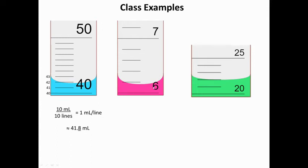For this next example, we have from 6 to 7. So that's a difference of 1, but how many lines does it take? In this case, it takes 1, 2, 3, 4, 5 lines. So a difference of 1 milliliter divided by 5 lines gives you 0.2 milliliters per line. So that means that each line is going to be worth 0.2. So you start out at 6 down here, then you have 6.2, 6.4, 6.6, 6.8, and finally 7.0 there at